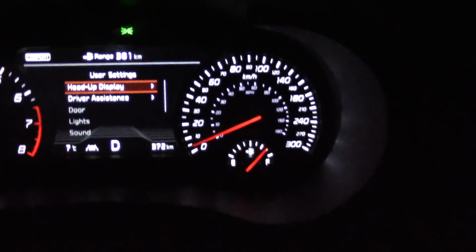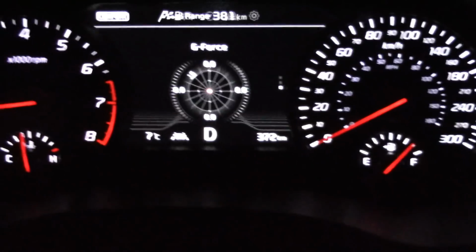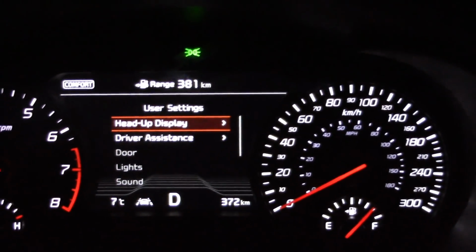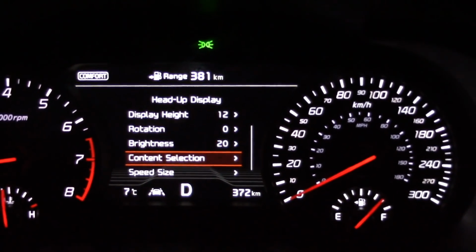But there's your heads-up display. Again, you do have the option of choosing colors there, and actually, why don't we just do that right now? There's your heads-up display. Oops, we hit the wrong button. We'll go back to the heads-up display. So we're in our settings menu. We're going to hit OK. You can enable it. You can move the height of it, rotation of it, the brightness of it, the content,